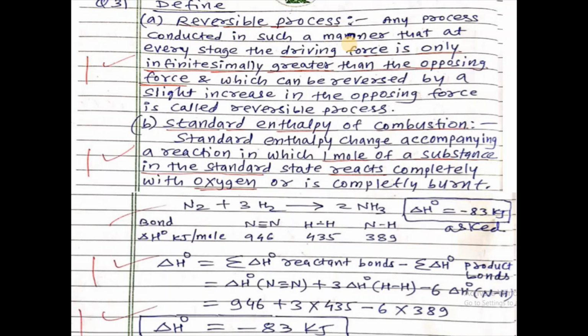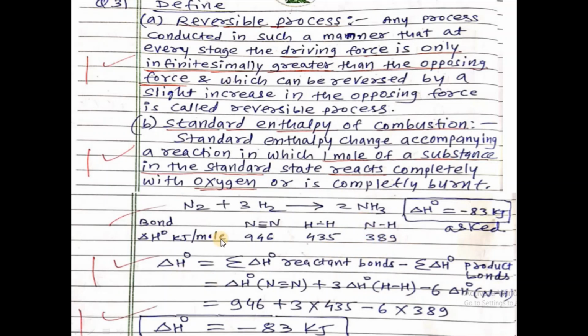And the reaction is given, N2 plus 3H2 gives 2NH3, and delta H0, that is the standard enthalpy change for this reaction, is given as minus 83 kilojoules. And it is asked, here I have written asked delta H0, and all the bond enthalpies are given. Nitrogen triple bond is there, and for this triple bond 946 is the bond enthalpy, H-H is 435 and N-H is 389,